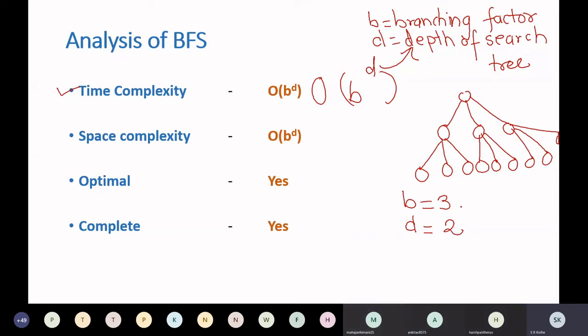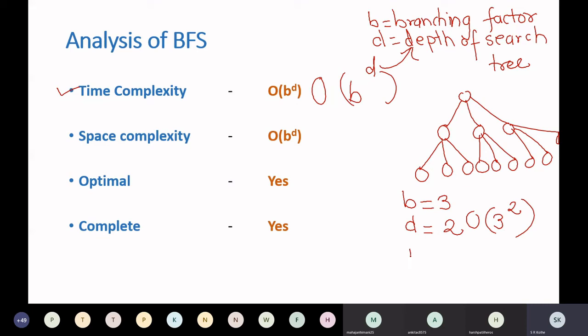So the time complexity will be order of 3 raised to 2. Okay? So that means the time will depend on the breadth of the search tree as well as the depth of the search tree, B raised to D. So it's exponential again, right? So in terms of time, the algorithms are not very attractive as such.